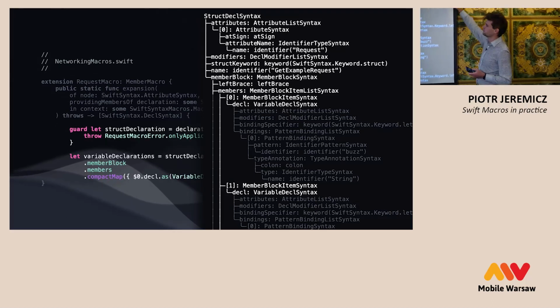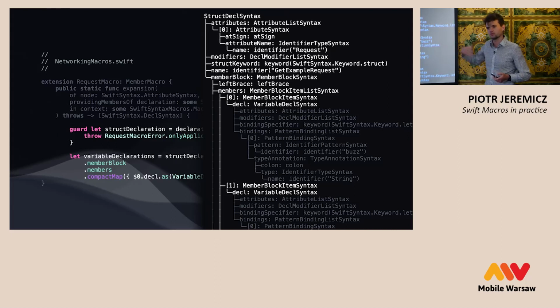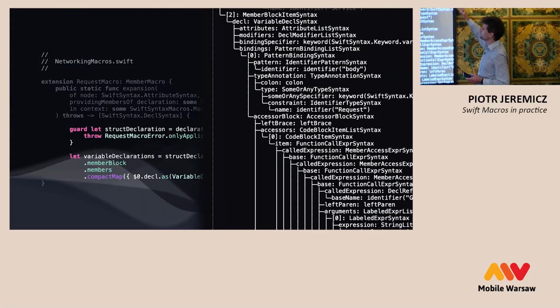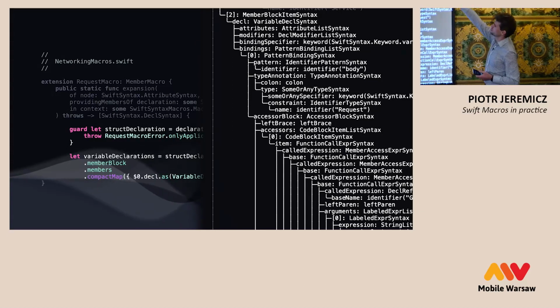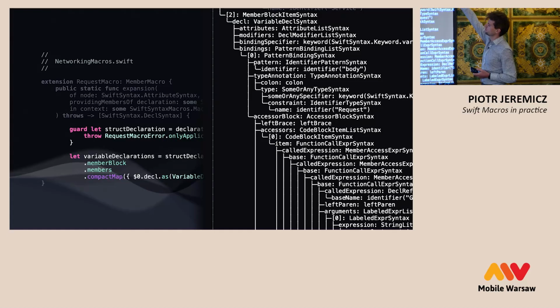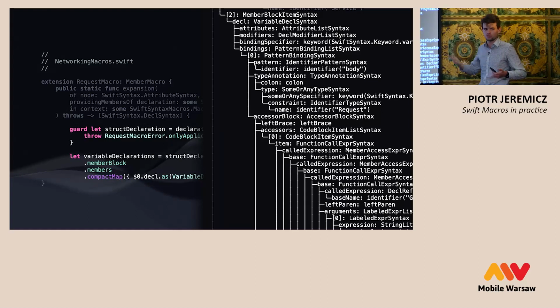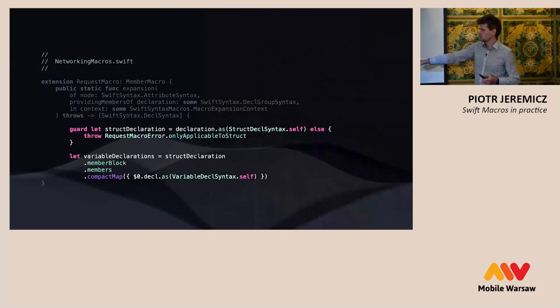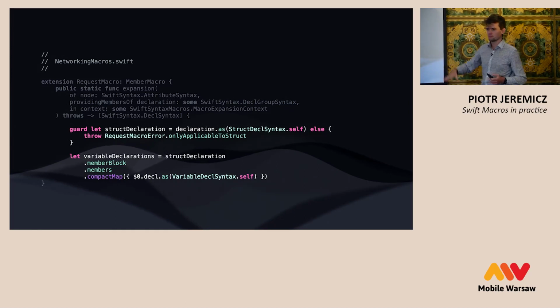So we would like to find the variables, and one of these variables will be this body variable that contains the request that we would like to find. So you can see the code here. We'll go deeper, and here, as a third, on the top, you can see that there is a body identifier for the variable declaration syntax. So it's really complicated. It's not that you are sitting and doing it manually. It's something that you must take care of, spend a little bit of time, drink a lot of coffee, and probably buy another monitor too. So yeah, this is the implementation that helps us to find the variables that we have